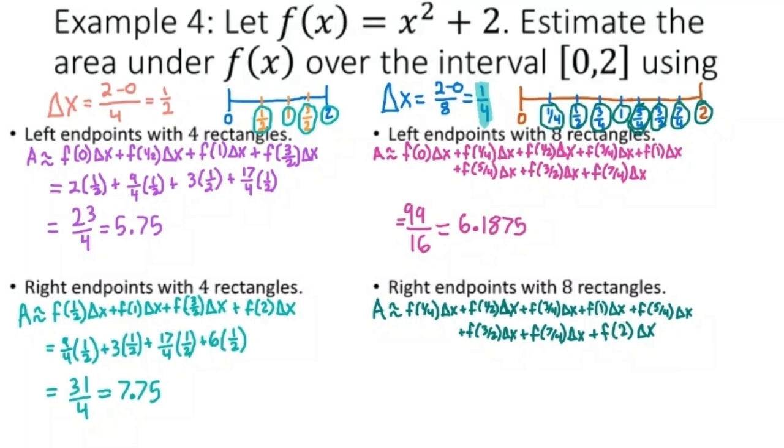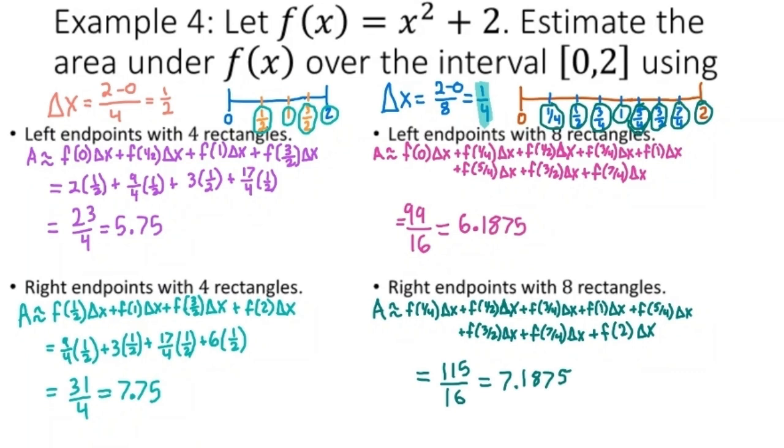So our area is going to be approximately equal to f of 1/4 times delta x plus f of 1/2 times delta x plus f of 3/4 times delta x plus f of 1 times delta x plus f of 5/4 times delta x plus f of 3/2 times delta x plus f of 7/4 times delta x plus f of 2 times delta x. Using delta x equal to 1/4 and plugging each value into our function, multiplying and adding everything together, we get 15/16,